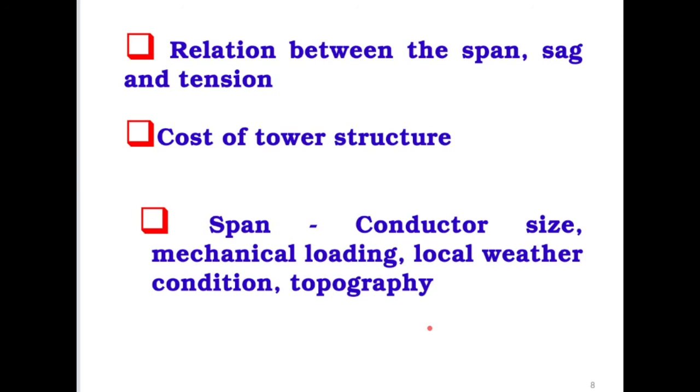The reason is that the lowest point of the conductor is always our focus, because that is where the ground clearance is measured or needs to be maintained. So when we have a very long span with unequal supports, it becomes more and more dangerous. We cannot afford to have that. So that's why topography is also one of the factors that determines the span. Is that okay?